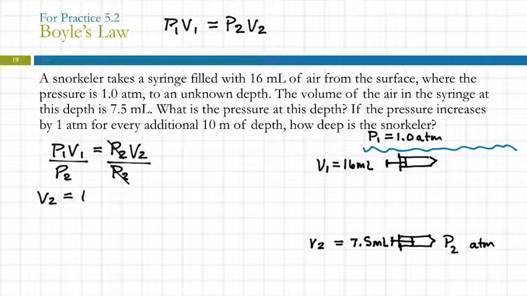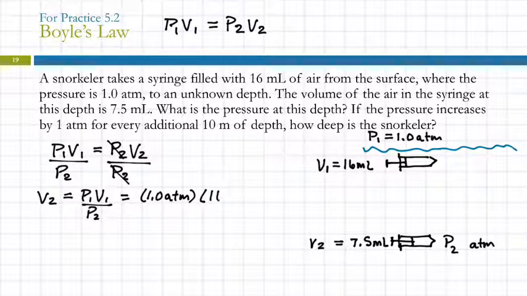So V2 equals P1 V1 over P2. There are a lot of letters and numbers here, and it's easy to mix them up. So write them out clearly, and then go back and look and make sure that you copied them down right. So I need pressure 1, so I'm going to go over here. This is 1 atmosphere. And volume 1 was 16 milliliters. And then I'm going to divide by,